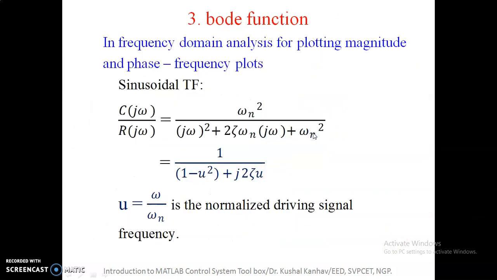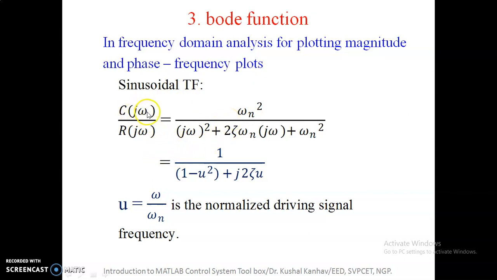Now the third function is the Bode function. So I am just going to introduce this, and then we'll see this function in our next video. It is used in frequency domain analysis for plotting the magnitude and phase frequency plots. The transfer function should be represented as a sinusoidal transfer function.